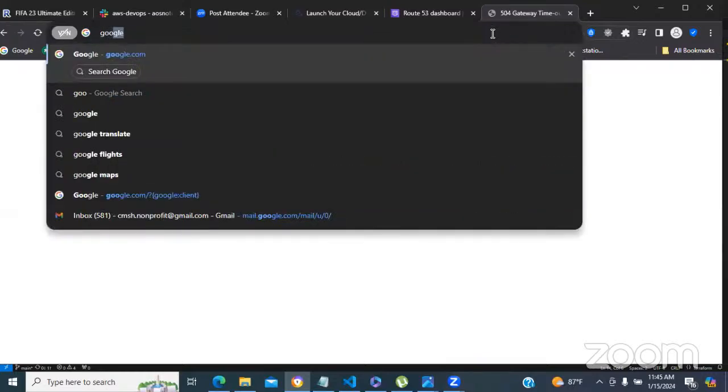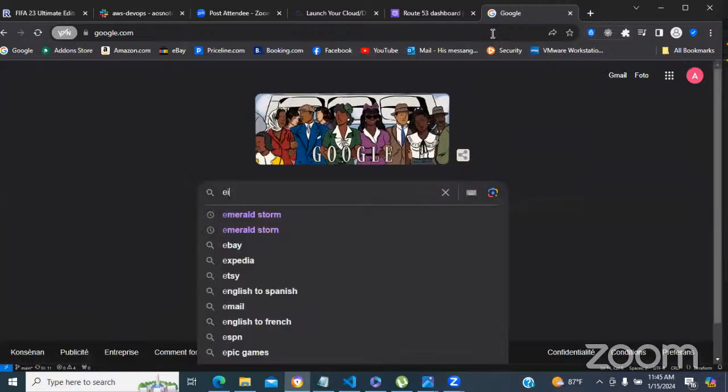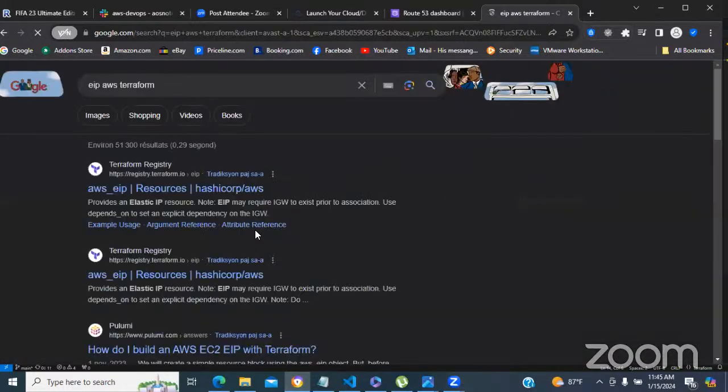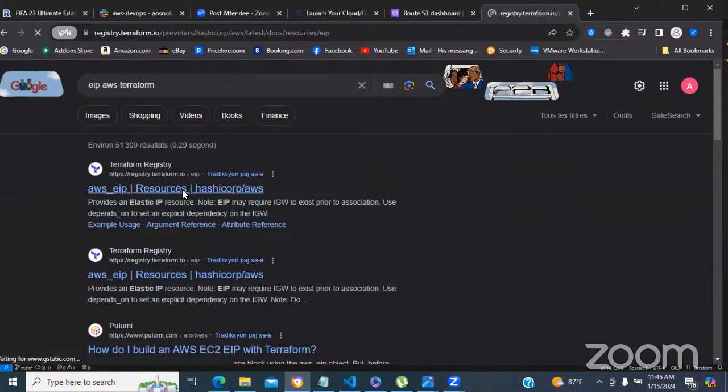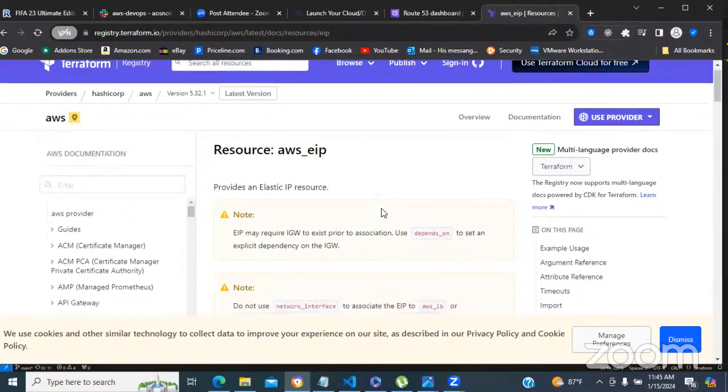All right. So once you're on Google, type Elastic IP, EIP, Terraform AWS, or Terraform AWS, anyone. There you go. Select that first one from the Terraform documentation. All right, so this is the Terraform documentation for Elastic IP. And if you scroll down,